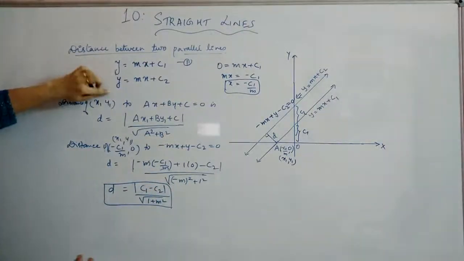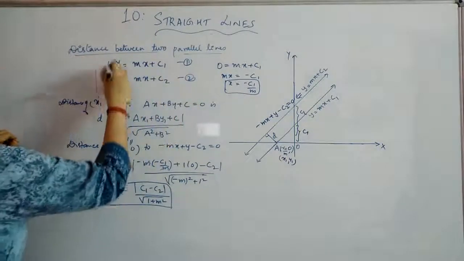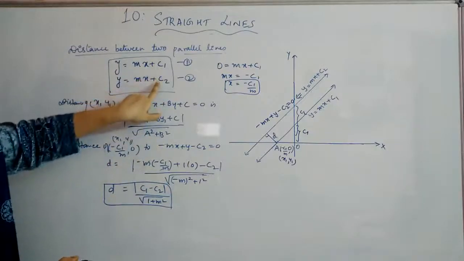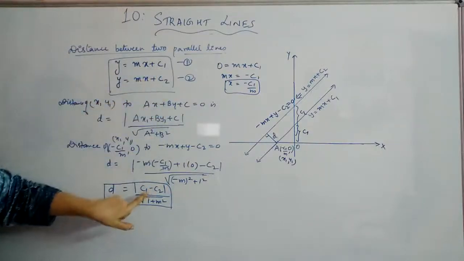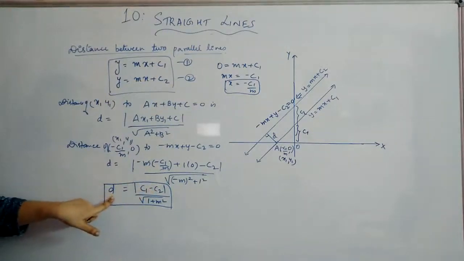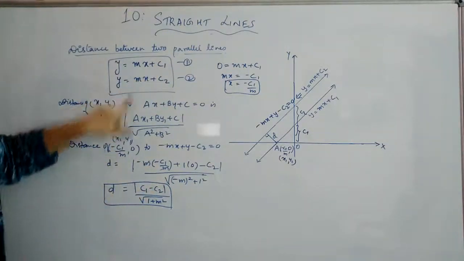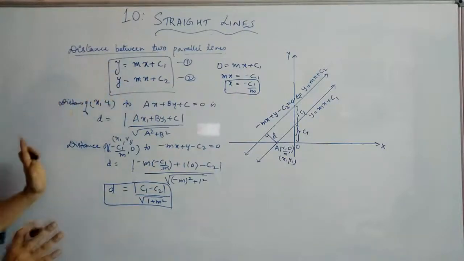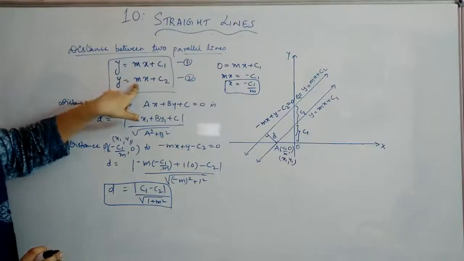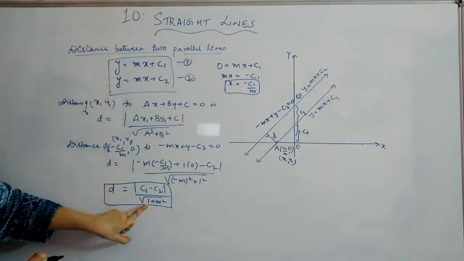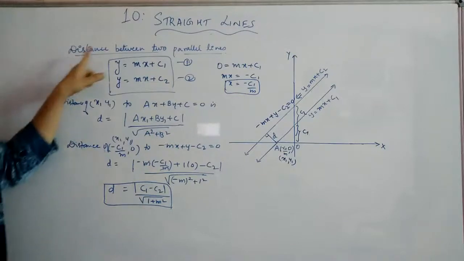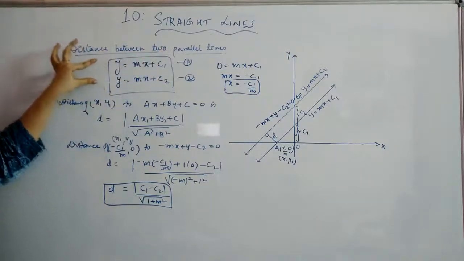So when you compare with the lines, the two equations are these two, right? So when you compare, you can see the difference of the constants has been taken in the numerator with modulus sign, because it is distance, you have to take only positive value, and the denominator has the coefficients of x and y, and for both the equations you will have the same coefficients of x and y. Here it is m for x and 1 for y. That is root of a square plus b square will give you root of 1 square plus m square, or root of 1 plus m square. Okay, so this is the distance between the two parallel lines when the two parallel lines are of this form.